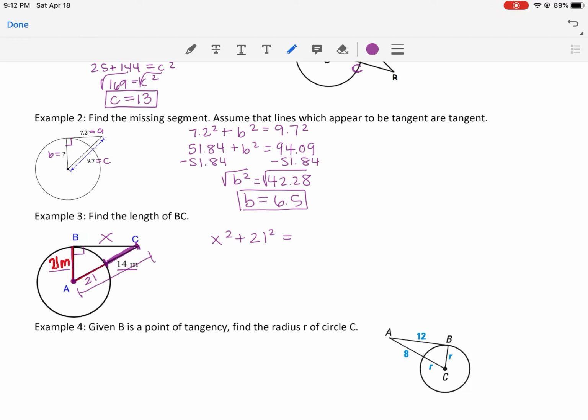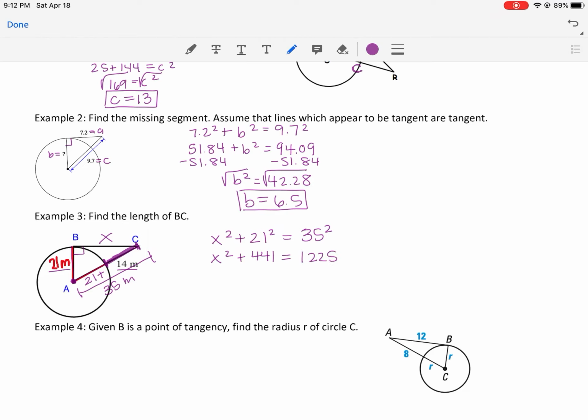So this entire length of the hypotenuse is 21 plus 14. So 21 plus 14 gives me a length of 35 meters for that part. So we're going to have 35 squared. And I think the hardest part about that one was just recognizing, hey, I needed to add something to actually get the hypotenuse there. So we get x squared plus 441 equals